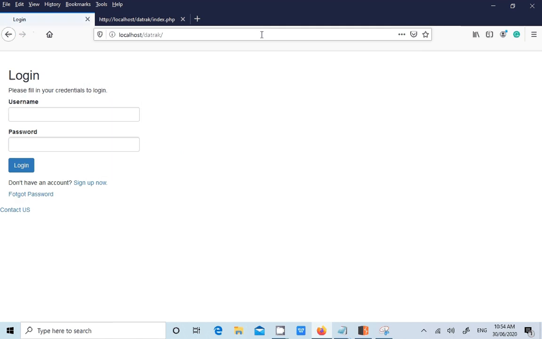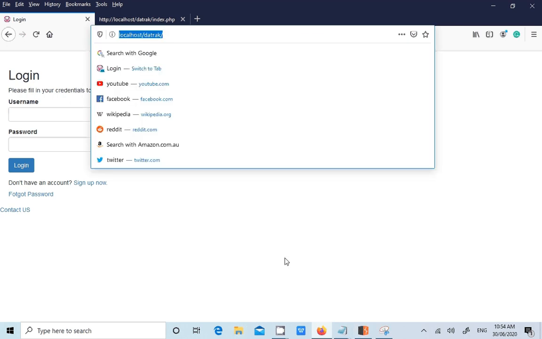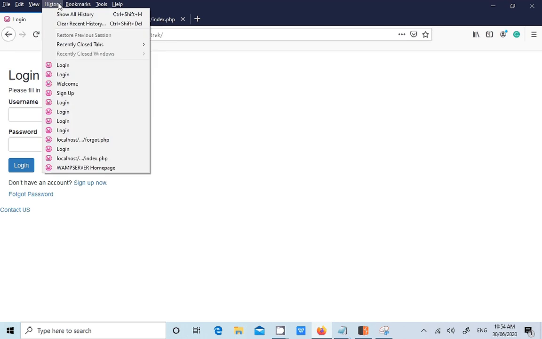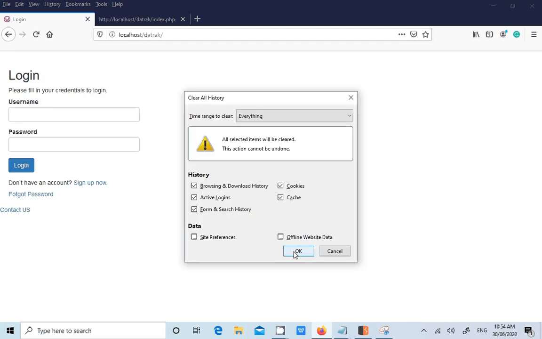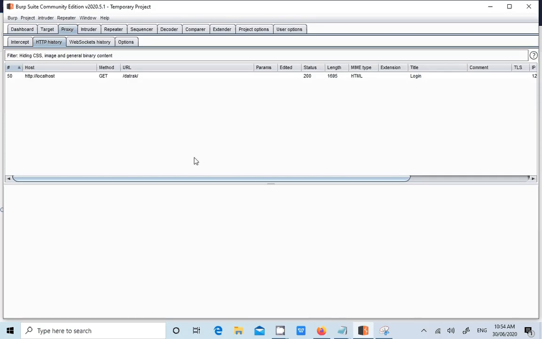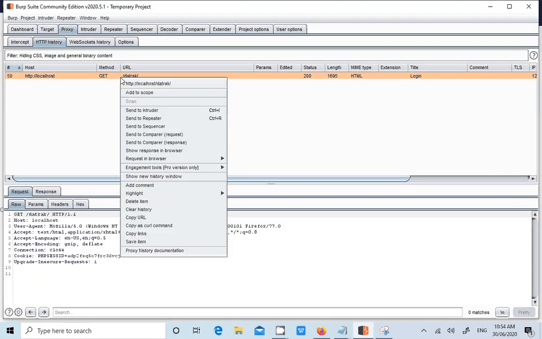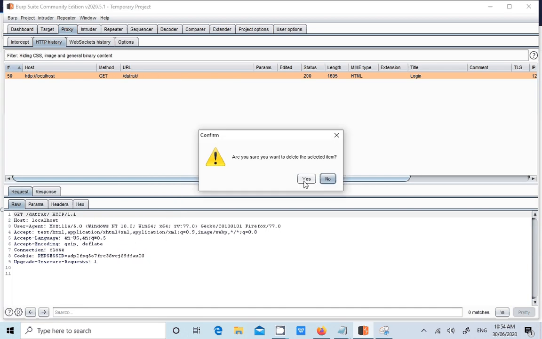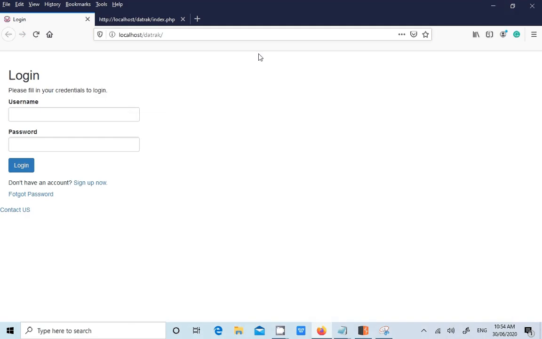Now as soon as you open a website, you know the basic terms, DNS, it will connect to the IP address. You don't have to remember all those things when we talk particularly about sessions. As soon as you open a website, a GET request, before that you need to clear the browser history to check that. I'll tell you why. Let me clear this once again. Now we have cleared the browser history completely.